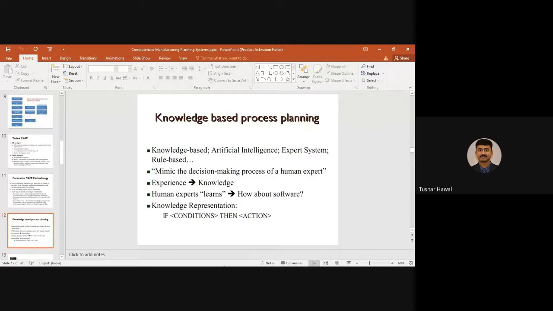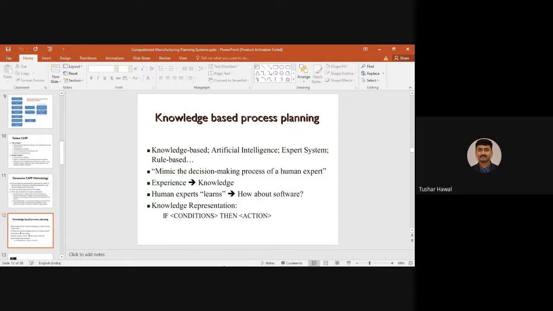The way you can grab the data with the help of your eyes, with the help of your ears, and with the help of your knowledge that you have developed throughout as an engineer, that can never be matched with the help of a computer. Even with 100 sensors, that can never be done. I don't know about the future, but as of now at least, we cannot have a robot which can think like a human and develop things on its own, like these process plans. Yes, then it requires some experience, which comes through knowledge. Then human experts are required who learn.